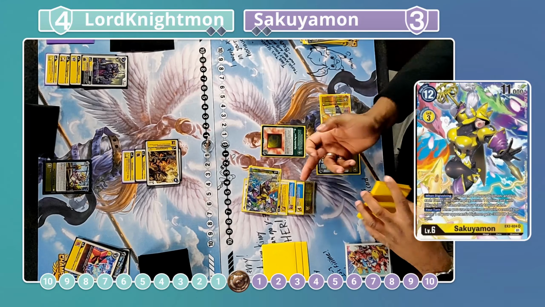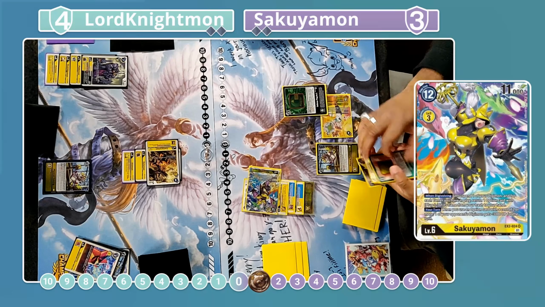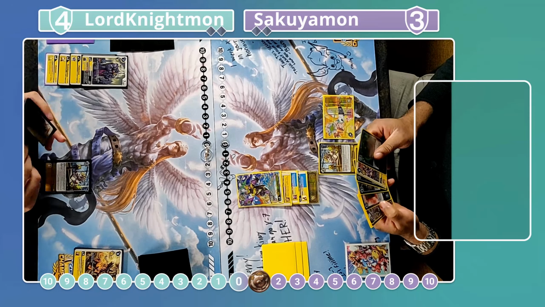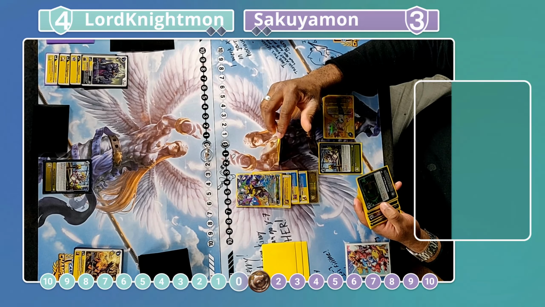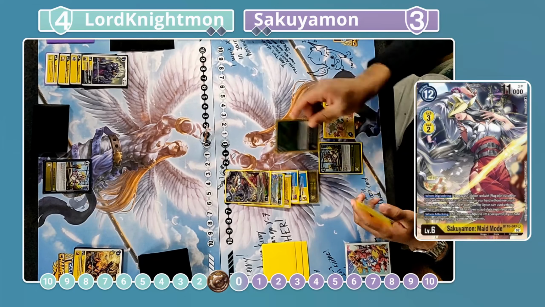Go into Sakuyamon. Sakuyamon is going to take back the plugin. We're going to gain back 1 memory off the Renamon, draw 1, and then we're going to play the reboot blocker 1. Okay, so it looks like he didn't actually swing at security. I think there was just not enough shrink to get the swing at security plus kill, but Terry also hates swinging at sec